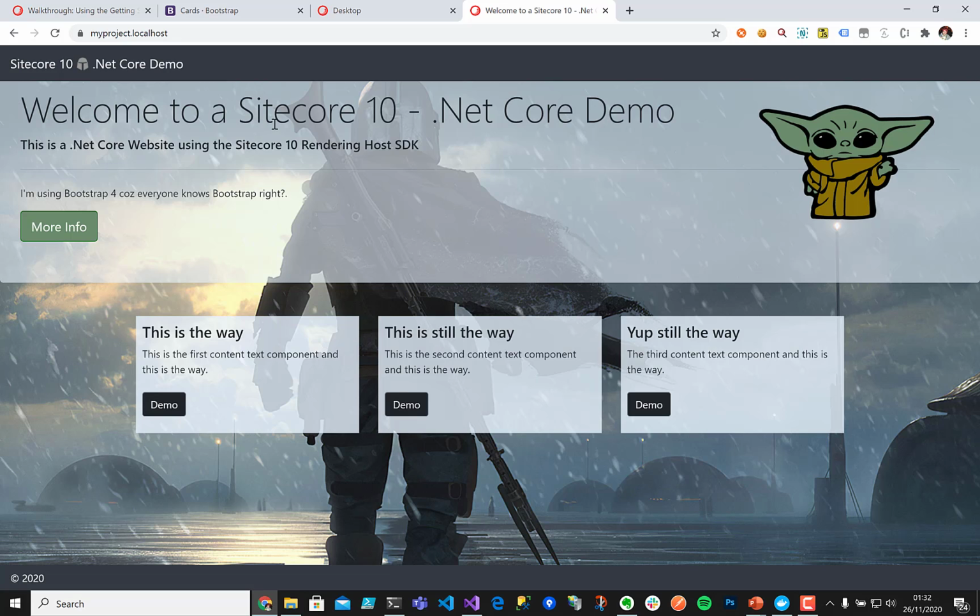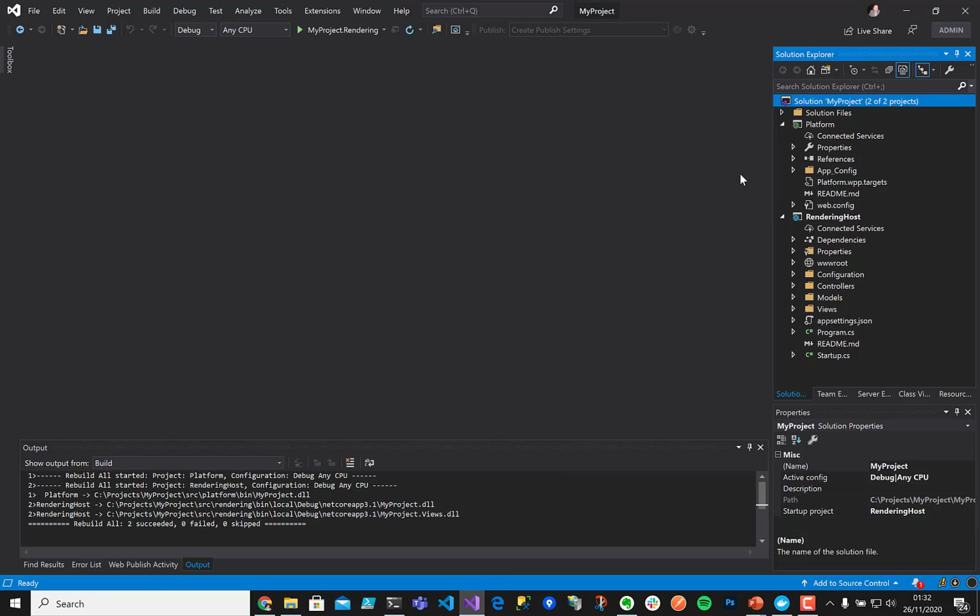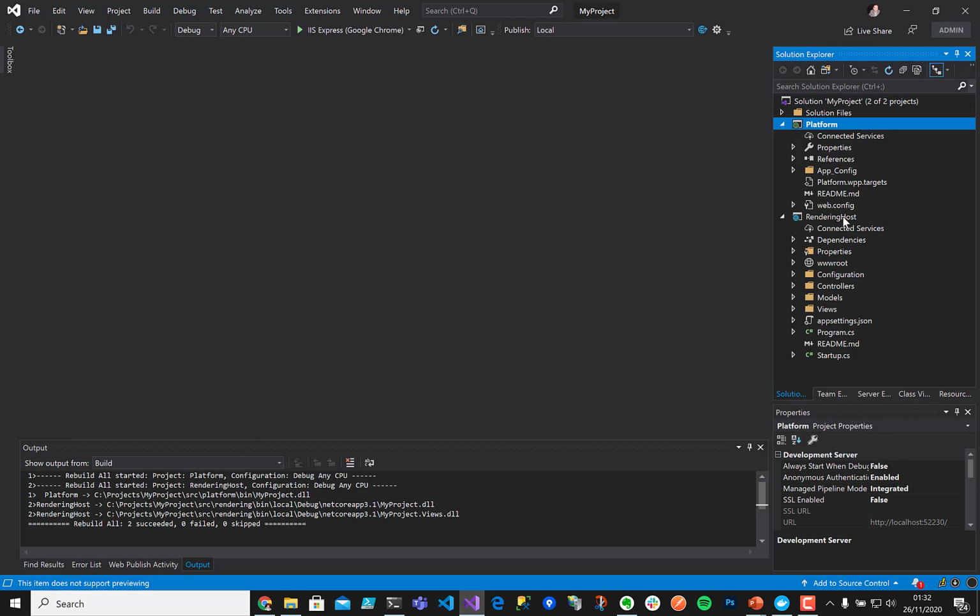So the first step for this is probably just showing you Visual Studio quickly. When I pulled the projects down to get the Getting Started template set up, it pulls down the solution file with these two projects. You've got the platform project and you've got the rendering host project. So the platform project contains configuration for the content management instance, and the rendering host project is what gets deployed to the rendering host instance, and this contains